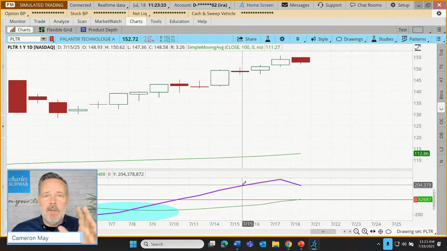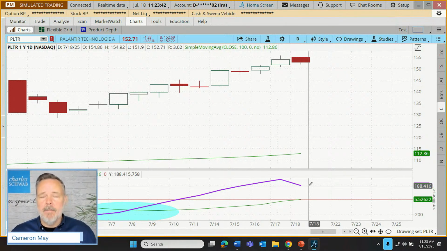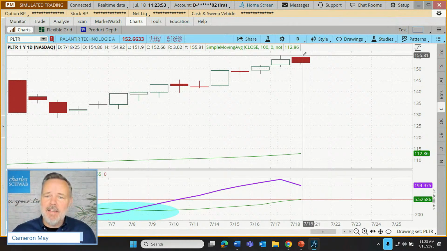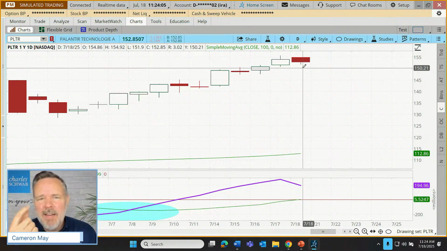Next step, once we've determined whether volume is positive or negative, multiply it by 2. We just do. It just helps with the creation of the value for the oscillator. Moving past that, one more thing to do. We look at that change in typical price and divide it by the total range in price for the day from high to low. So we look at today's candle, and is it a big candle or is it a small candle? Because if we're getting strong volume, if we've gotten a positive price move, but it was a little one, that's going to carry less weight than if we got strong volume with a positive price move that accomplished a big move.